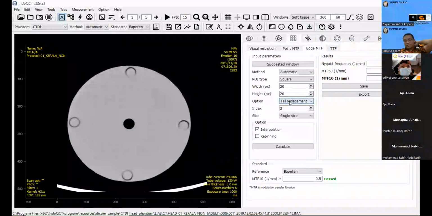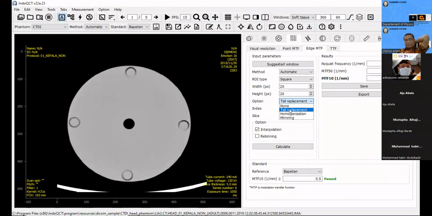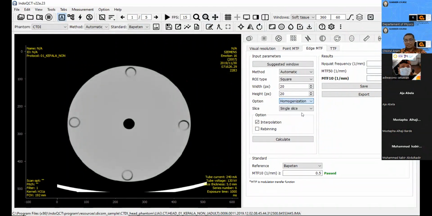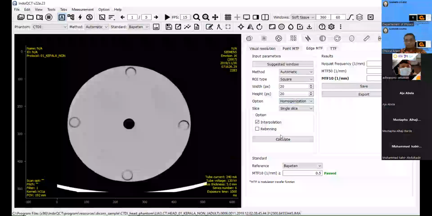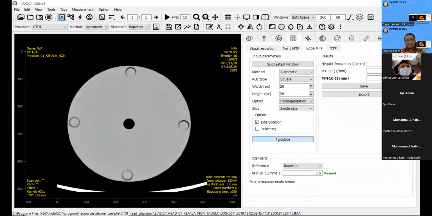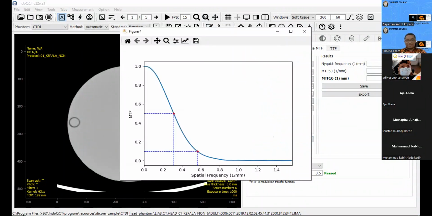Of course, there is another option, the homogenization, as I already mentioned before. We will try together using the homogenization. If I choose this one and then calculate, this is our result.